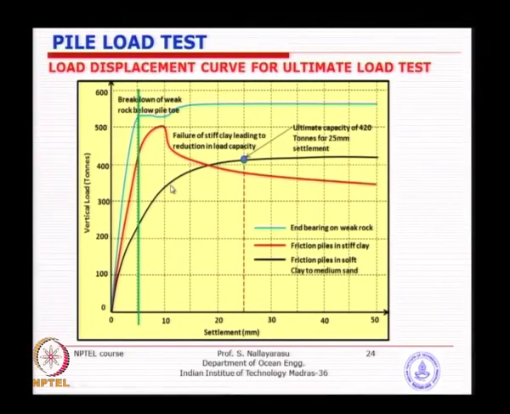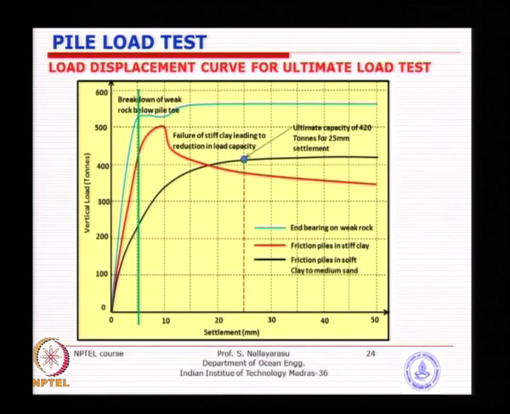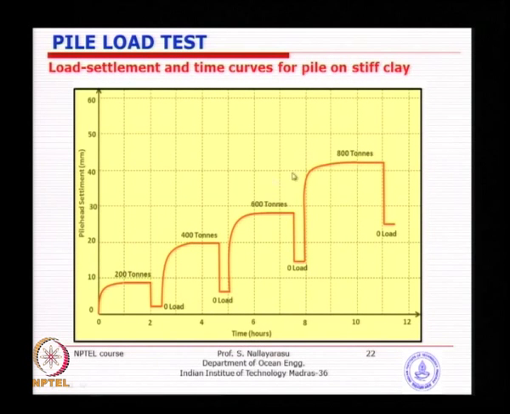And if you look at the black one, friction piles in soft clay or sand, you will see that it is highly nonlinear, it keeps increasing, and then the rate of failure will slow down after achieving a certain capacity. Or else if you have a friction pile in stiff clay, it will also be very similar, but then there will be a downgrade effect because the stiff clay breaks down when it is achieving the peak. So typically you will see something similar when you extract the displacement from such plots.